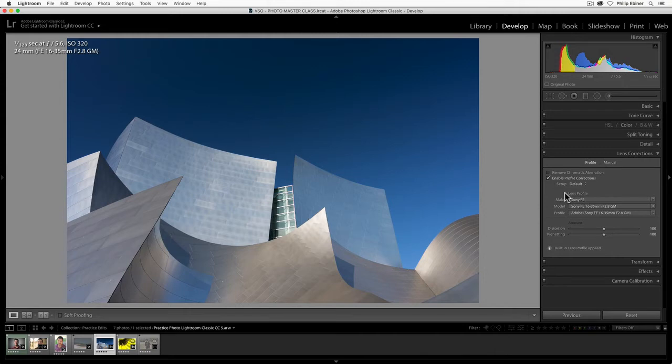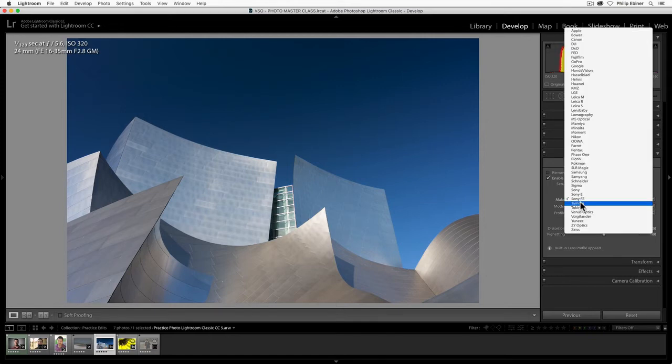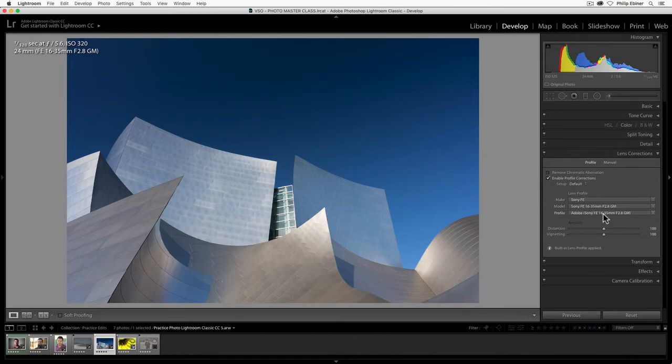You'll notice that it has the lens profile from the camera and lens we were using. This was Sam with his Sony, his 16-35. If this doesn't show up, if you're using an older camera that doesn't include the metadata for the lens being used, you can go through and choose the specific lens. It has pretty much any lens that you're using, and depending on which lens you choose, it will try to fix it. But you want to make sure that you're using the same lens that you're actually using.